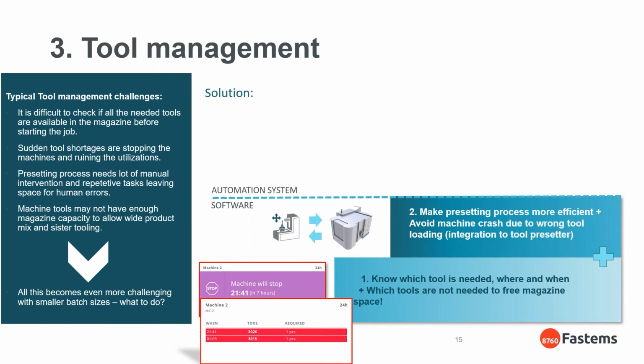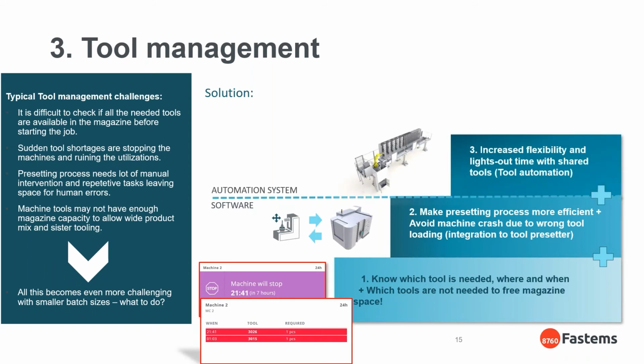But then if we go even one step further and we start talking about automation, we have also the centralized tool storage available, and this gives even more flexibility to the tool management. So then you can first of all extend the magazine capacity a lot, and then you can share the tools between the machine tools. So for example, if there is special tooling, custom-made tooling, which is usually very expensive, those tools can be shared between the machines,